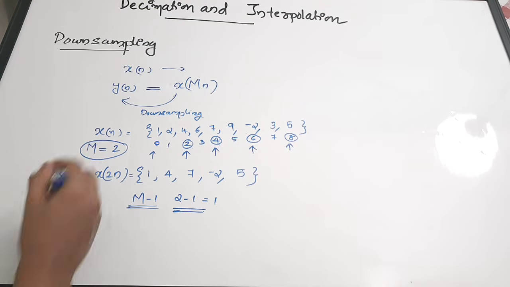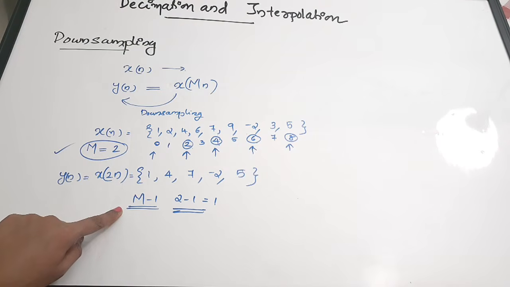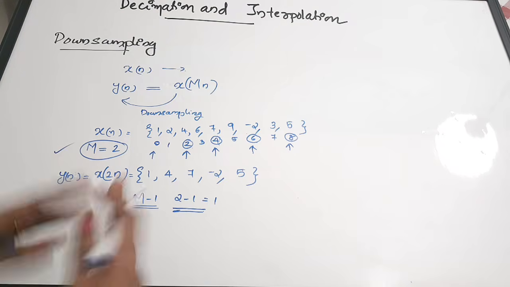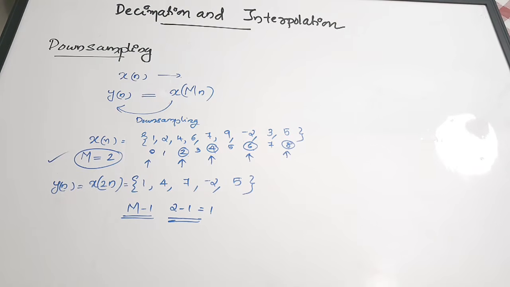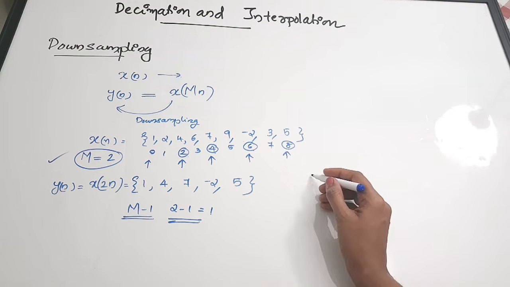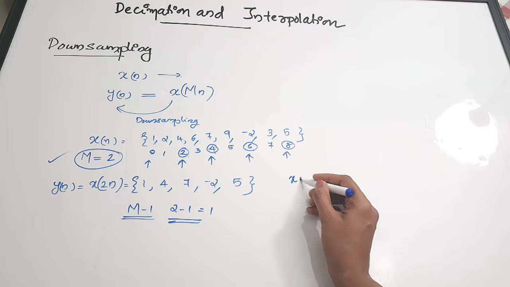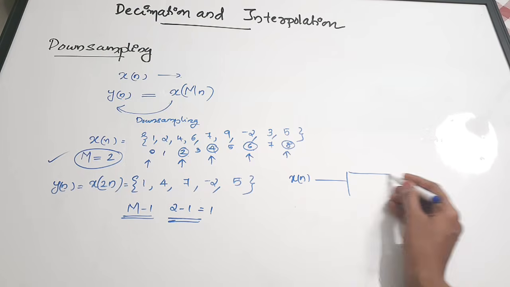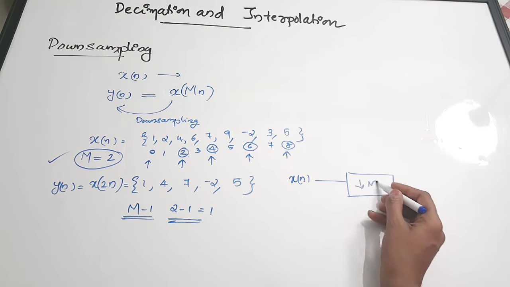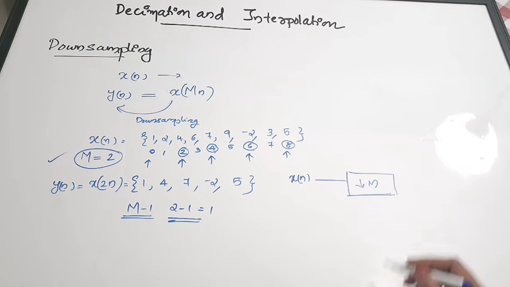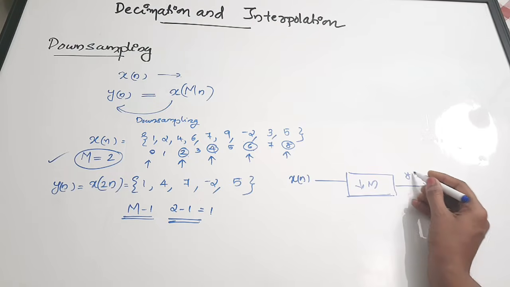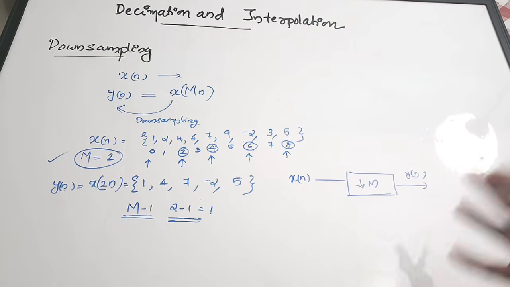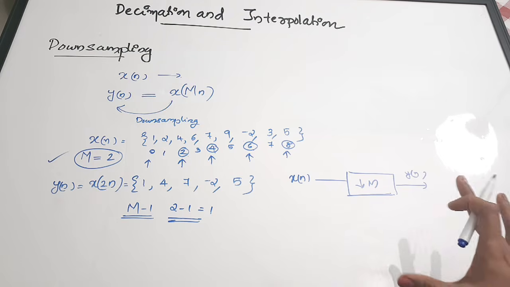So that is one way of considering, or you can think of ignoring m-1 data in between the samples. So these are the ways in which you can interpret downsampling. And if you are going to represent downsampling as a block diagram, it will be like this. x of n will be your input, then there is a block which performs downsampling by m. Since it is downsampling, we mark the arrow downwards, then you get y of n. So this is a very simple representation of downsampling as a block.